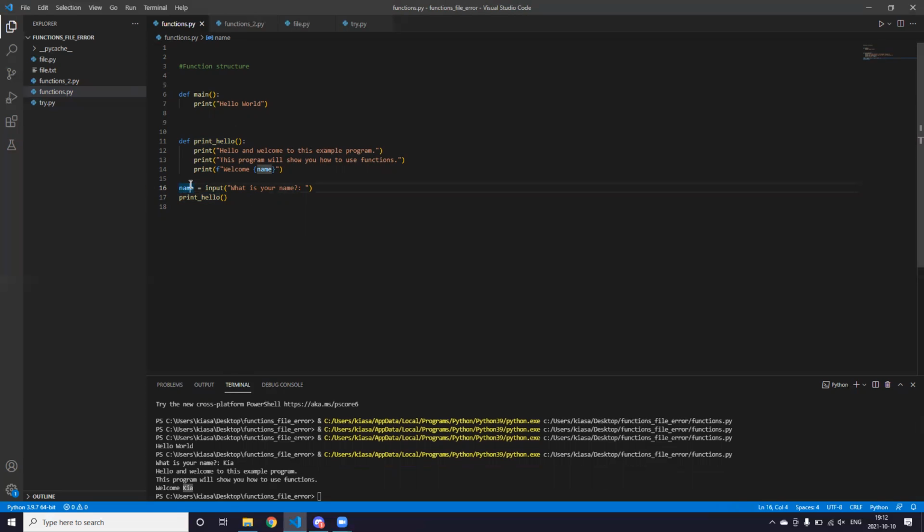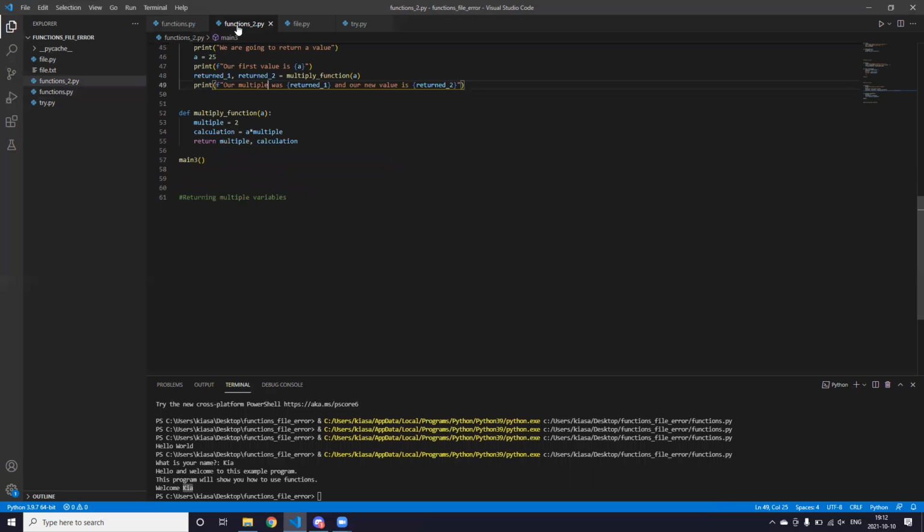Now, have we changed this around a little bit? We created the name variable in a function. We wouldn't just be able to call the function and expect it to print the name, since it would be lost. So if we move over here,